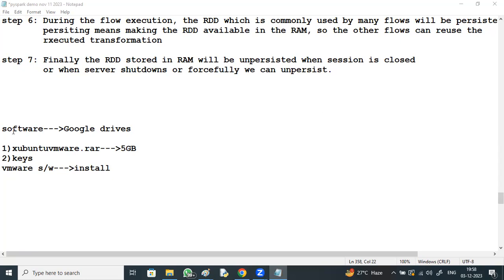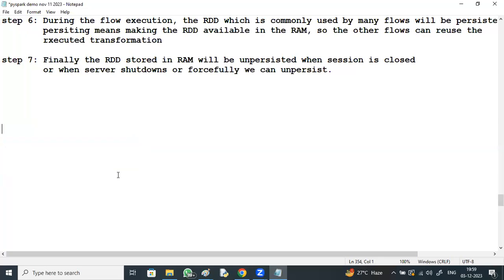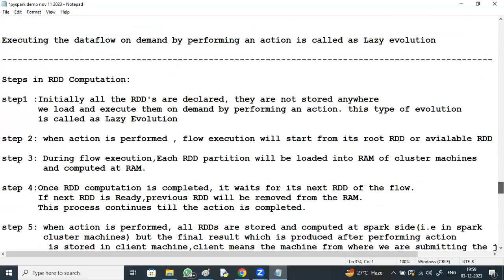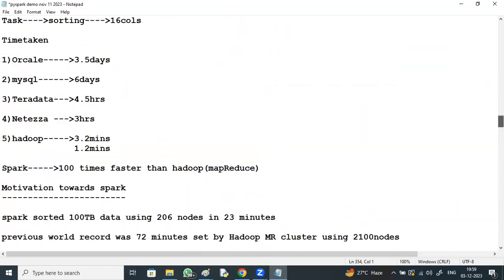Fine. Next week I'll be going with the practical part. Before that, I'll brief you about the Python syntaxes, like collections, functions, everything, before I go with the practical part. One more thing: fault tolerance and persistence options are there. Persistence options are memory and disk only. If memory is not sufficient, it can be persisted on disk. Those things are in the clear notes I'll be providing. This is the entire thing we have discussed till now, and this entire document I'll be forwarding you.